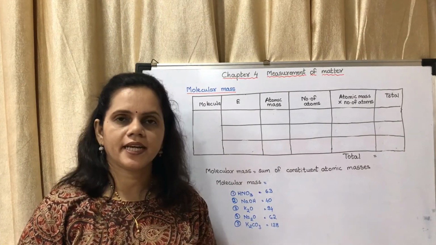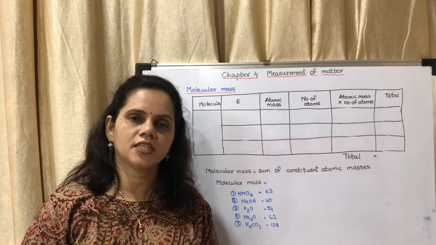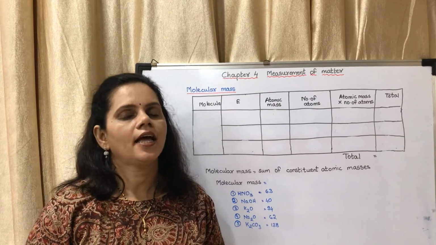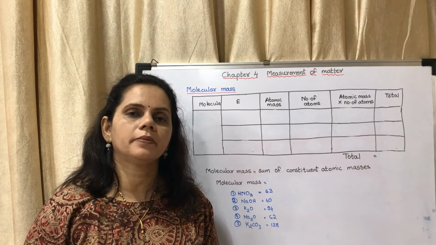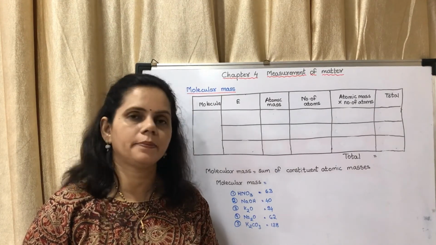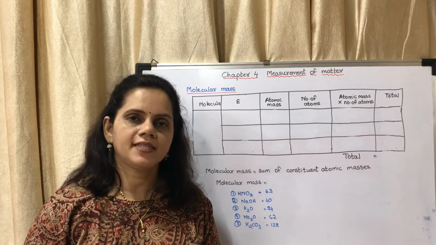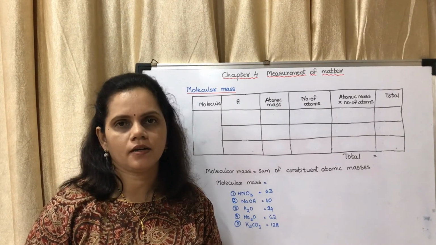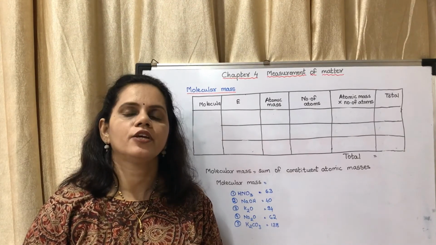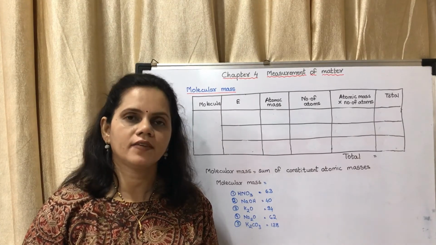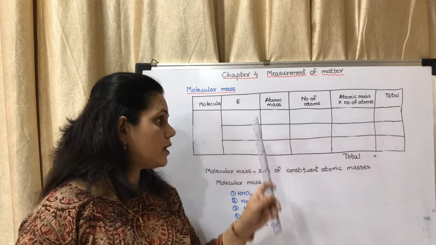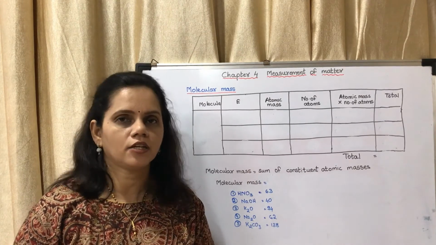Now the next you have to do as homework. There are 2 remaining from the textbook: HNO3, that is nitric acid, and NaOH, that is sodium hydroxide. Okay, the atomic masses are given in the textbook on page number 51. Besides, I have given you some molecular formulas. You have to find out the molecular masses of those also. I have given you the answer. You may do it by both the methods and check yourselves.